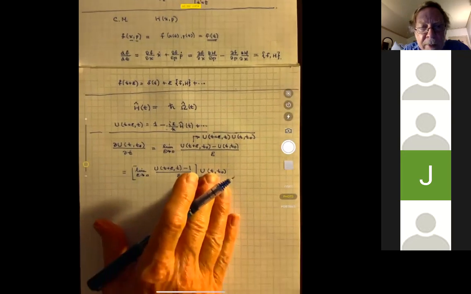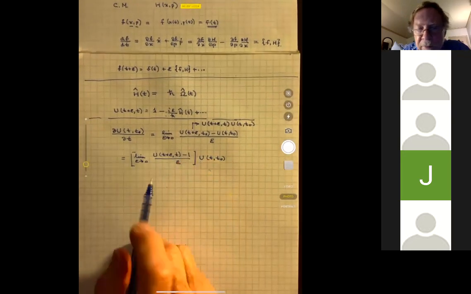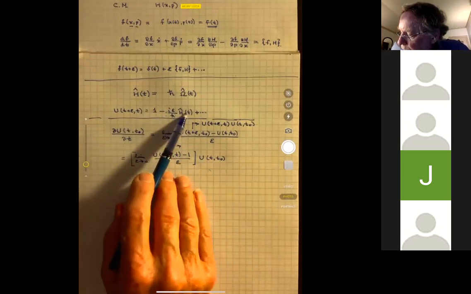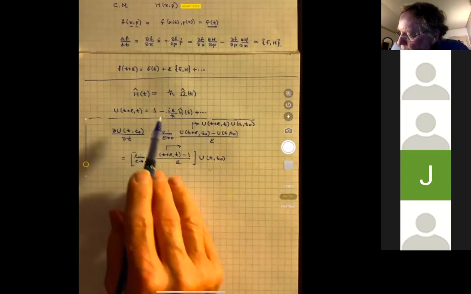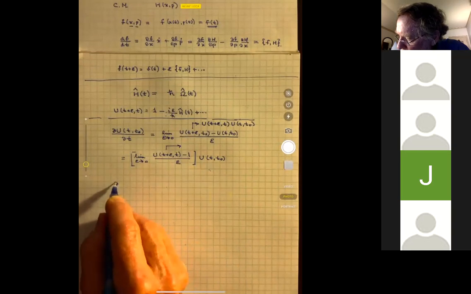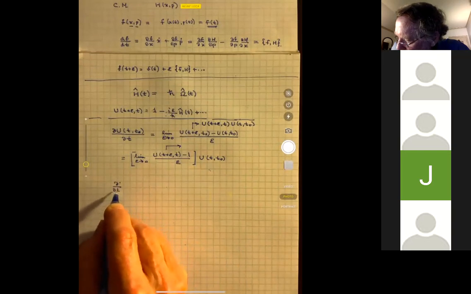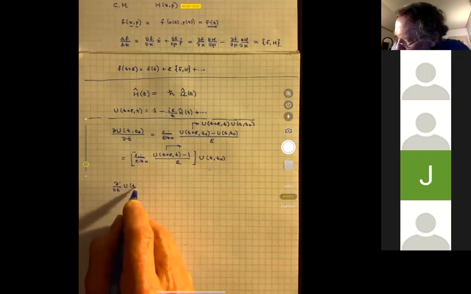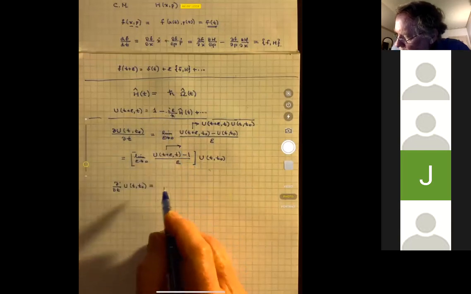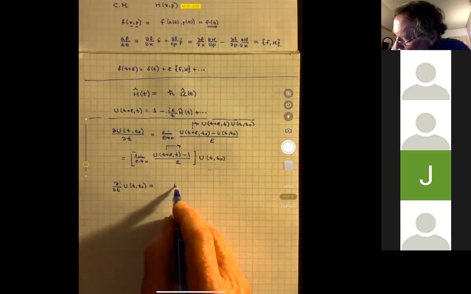Now then, this limit that appears here, the U of T comma epsilon comma T, is given right up above here. It's 1 minus i epsilon over h bar times H. So we subtract the 1 here, and the epsilon denominator will cancel that. And the net effect is that the partial with respect to t of U of t comma t0 is equal to minus i over h bar times what's left over, which is